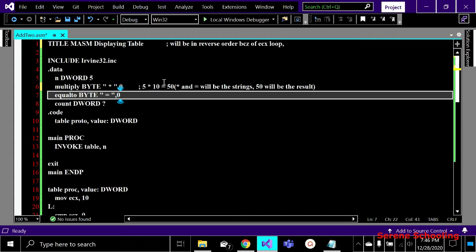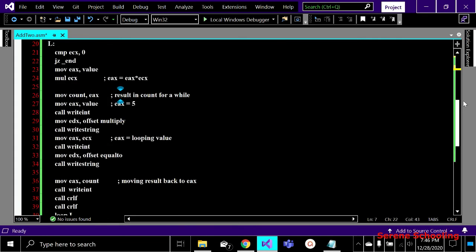And then this equals to string will be displayed, and after it I will again move back that result that I stored for a while in some other variable into EAX, and then I will display. I hope you are with me on this. So we will see it over here.